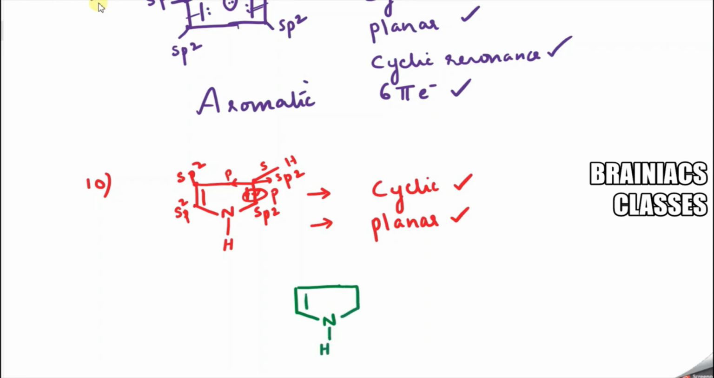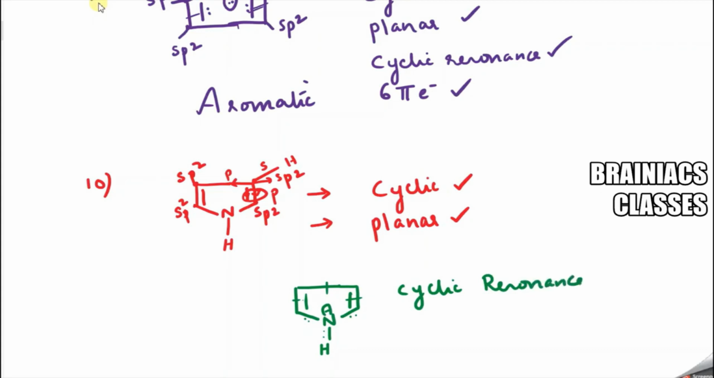Correct? So let's see. Here, double bond, single bond, double bond, single bond. We know nitrogen has a lone pair, and only then will the valency be satisfied. 2, 4, 6. This lone pair makes 8. So double bond, single bond, double bond, single bond, then comes the lone pair, then single bond, double bond. So cyclic resonance